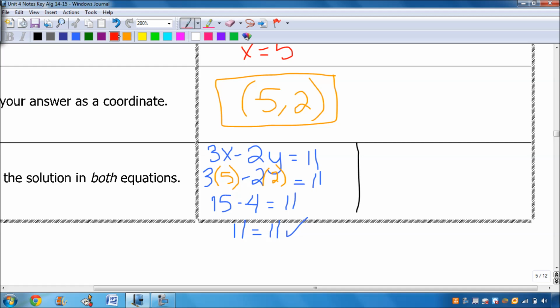Now I got to check it in my other equation. So x plus 2y equals 9. Okay, so every time I see an x, I'm going to replace it with 5. Every time I see a y, I'm going to replace it with a 2. So then when I add it all together, I get 5 plus 4 equals 9, 9 equals 9, and now I am good to go. All right,